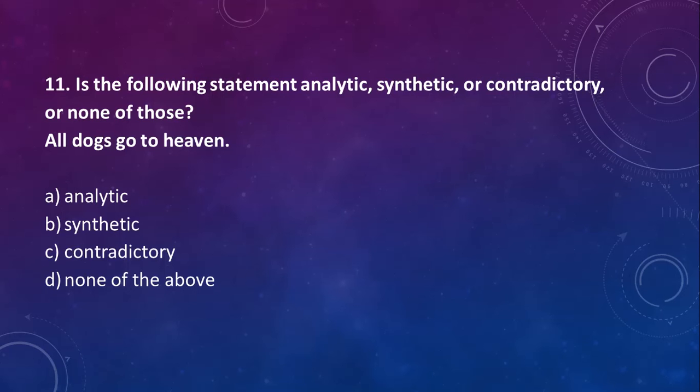Sorry, I just understood this question as the same thing as unicorns exist. It's synthetic because you can test whether or not unicorns exist. In some kind of way, you're going to find out whether or not they exist. So in some kind of way, you're going to find out if dogs go to heaven or not. There's that chance that you could test it if you really wanted to. That's why it's synthetic.